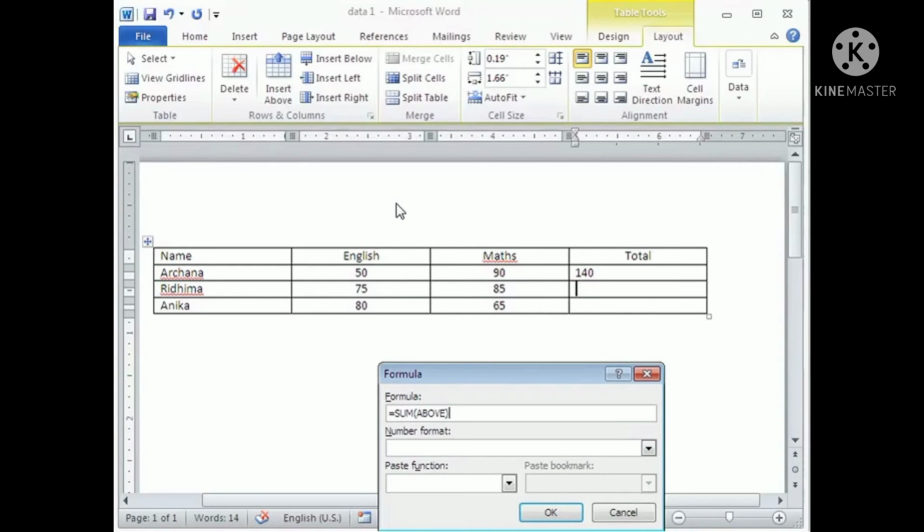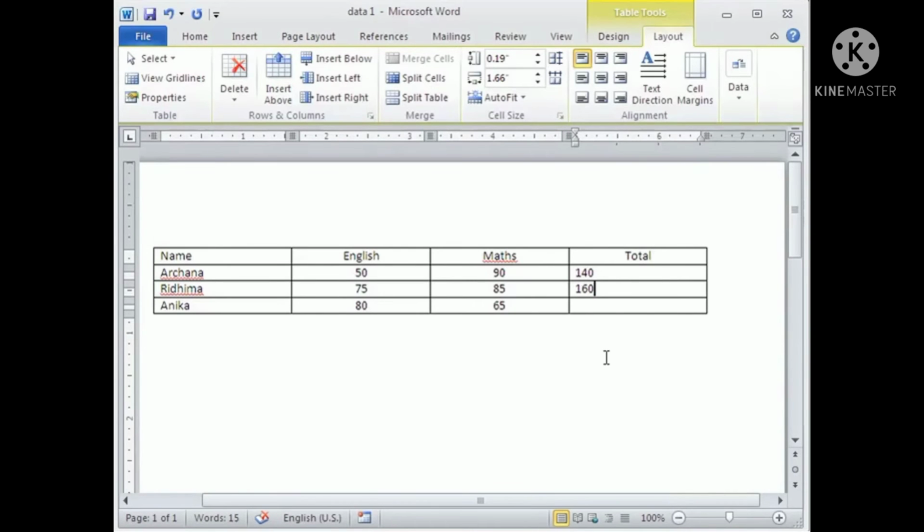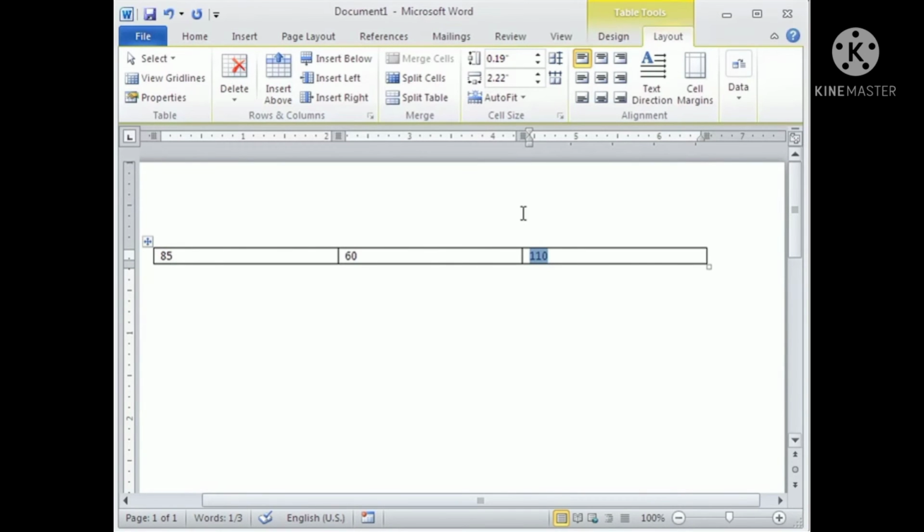So you will erase the word above and write LEFT here. Now click OK. Now you will see your total marks displayed.